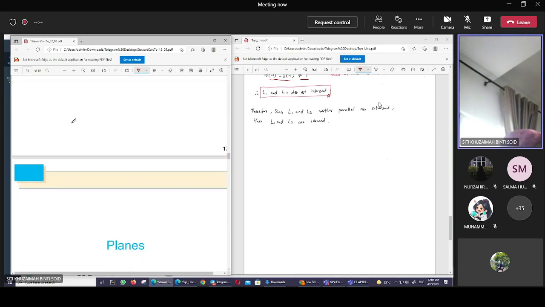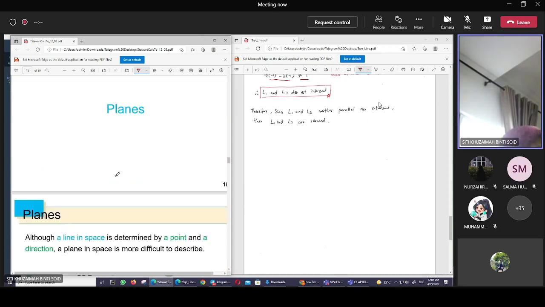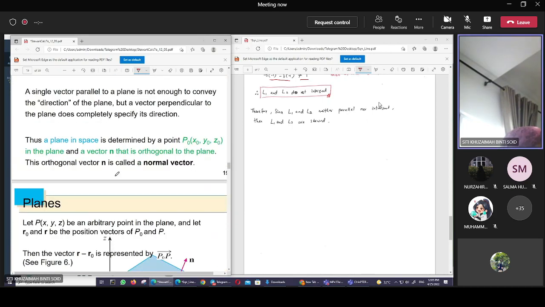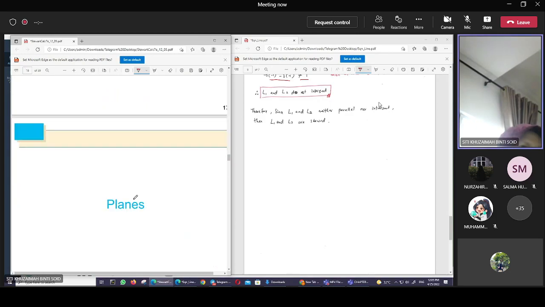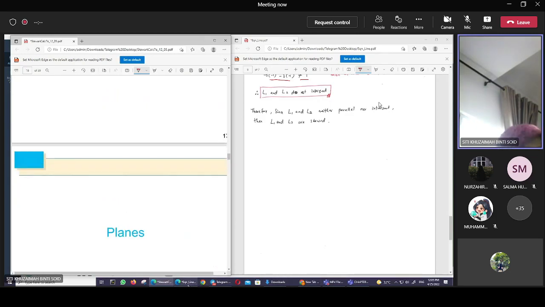So 12.5 is actually combination between equation of line, equation of plane. We go to equation of line first. For example,